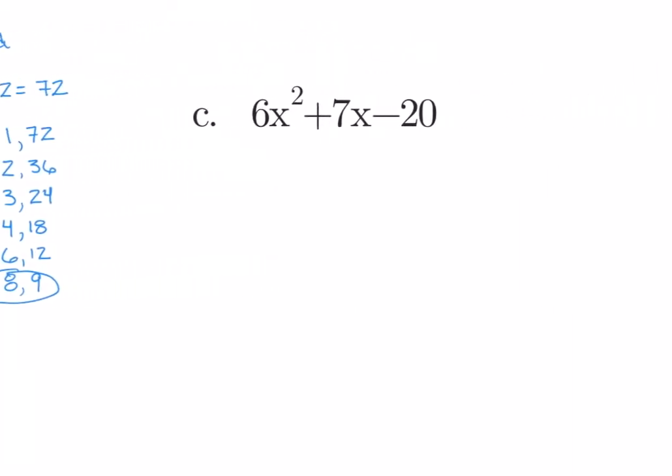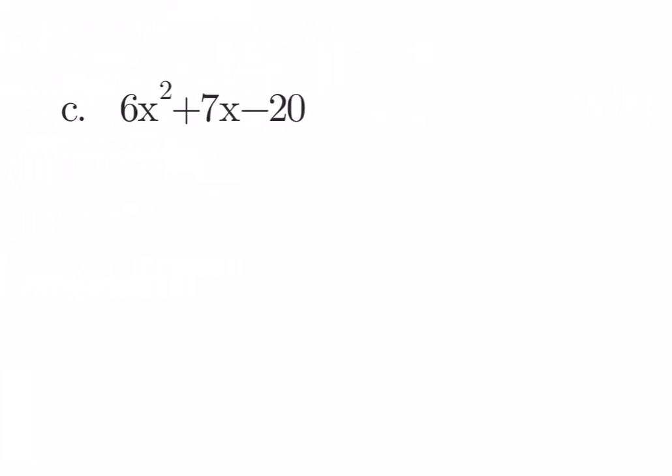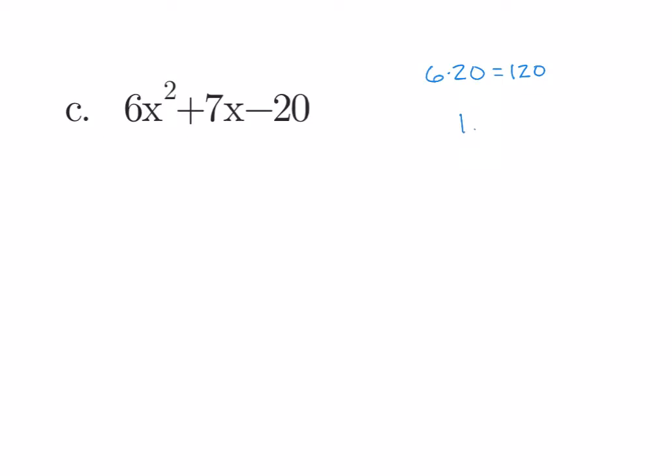All right, last one. We start by multiplying A and C. We get 6 times 20 is equal to 120. All right, things that multiply to 120. We get 1 and 120, 2 and 60, 3 and 40, 4 and 30,